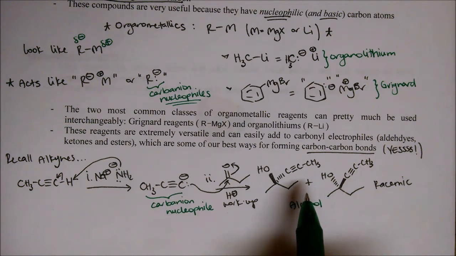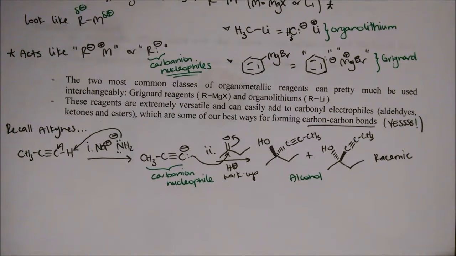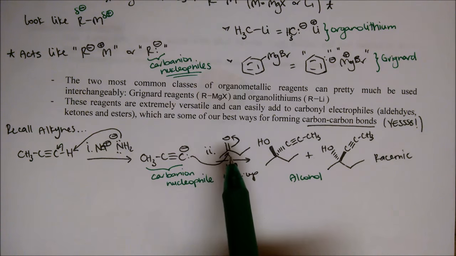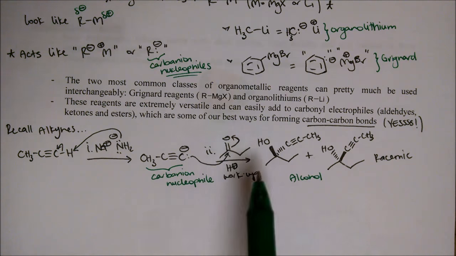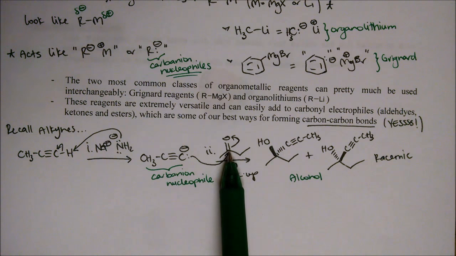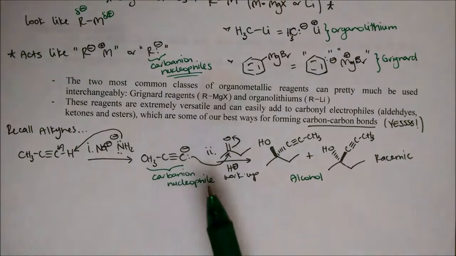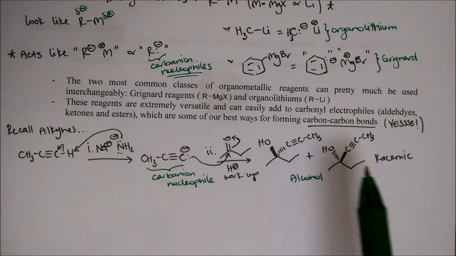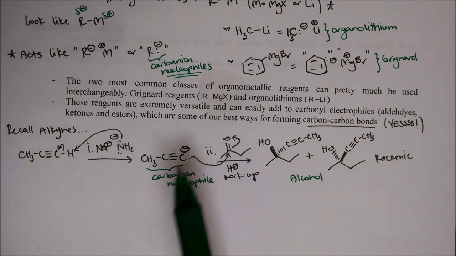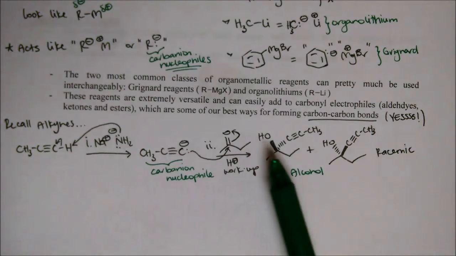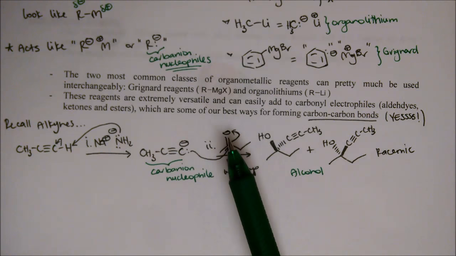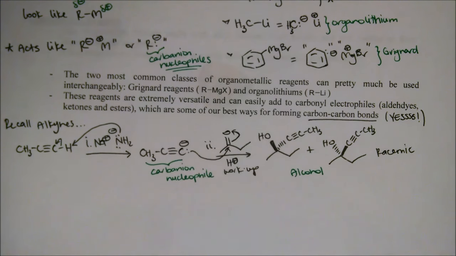I know I put this in the homework. I don't think we explicitly went over it in class, but hopefully you figured it out in the homework in the sense of this carbon. What is its hybridization? This one right here, the hybridization of the carbonyl carbon. It's sp2, which means its geometry is trigonal planar. It's flat. So again, this nucleophile can attack from the front and push the alcohol back, or it can attack from the back and push that alcohol forward. Either or, it's flat. So it can do either side equally, which is why we get a racemic mixture of